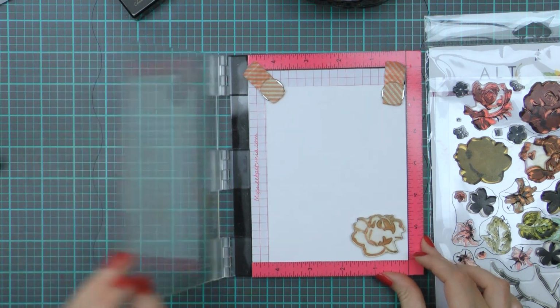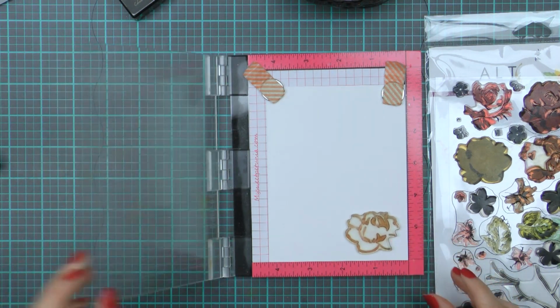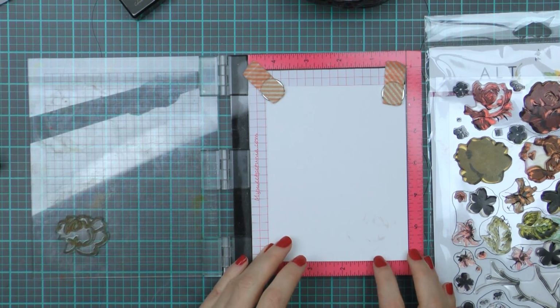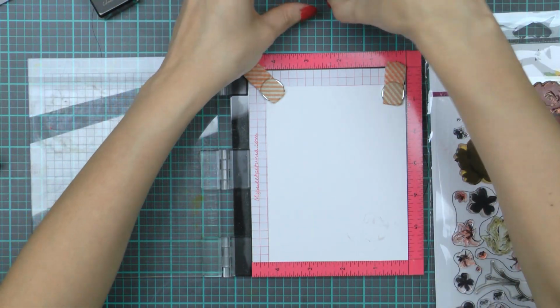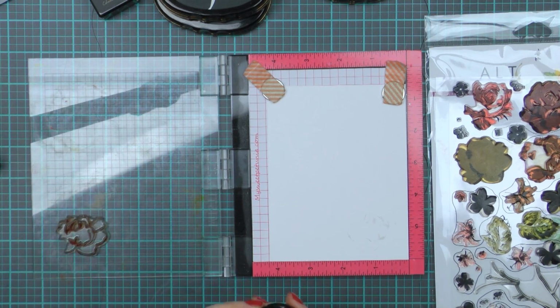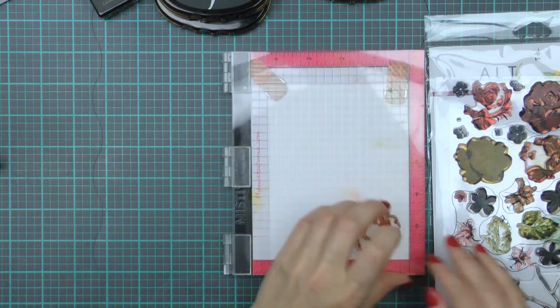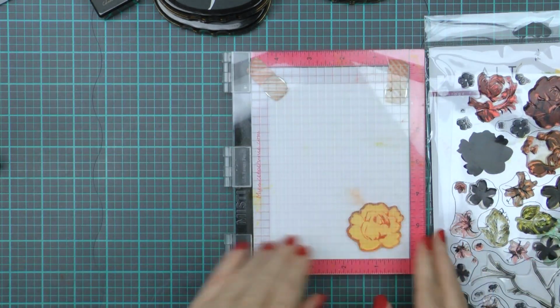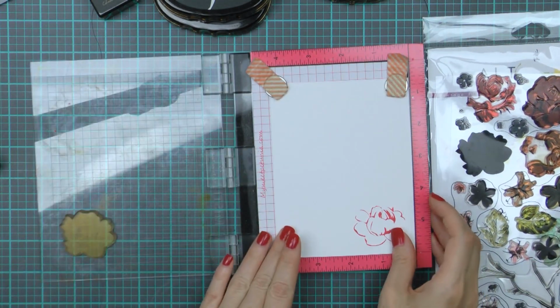So now that I have everything I need to create my card, I'm going to go ahead and start stamping. I'm using a Mini Misty stamp positioner today to be able to better align the images. This Vintage Flowers stamp set has a few flowers that are particularly hard to align, so using a Misty here is very helpful. To better align the larger flower, I'm first going to stamp the outline,